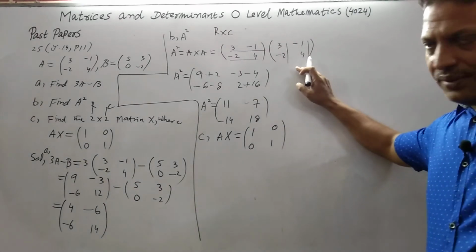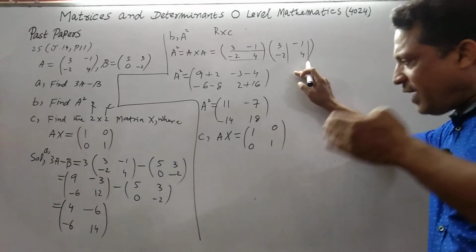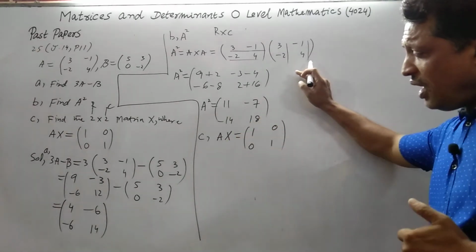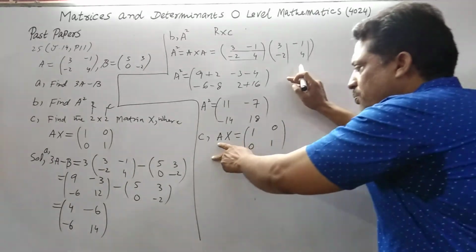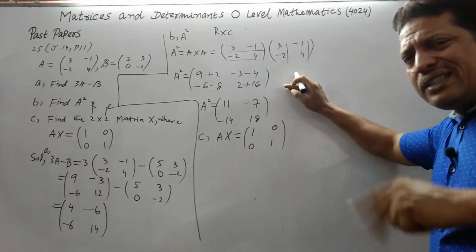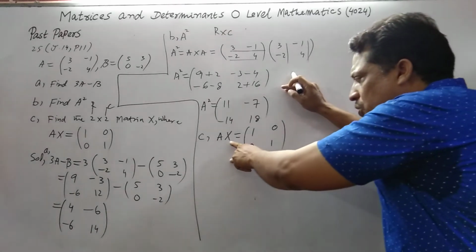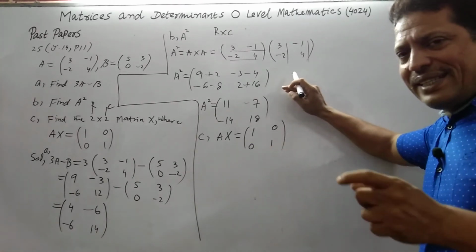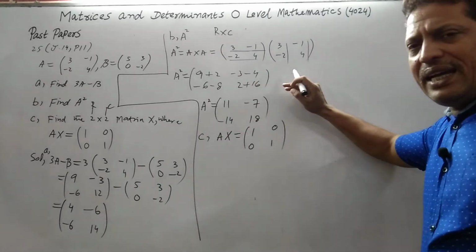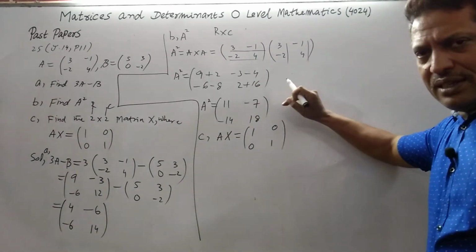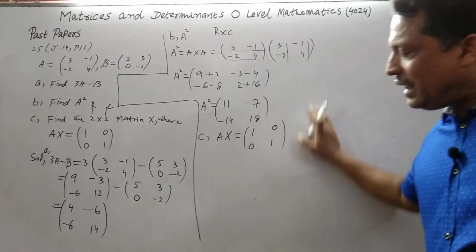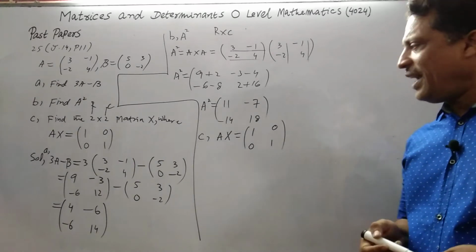Very easy question. There are 3 ways to find the matrix X. First is to move this A on other side, it will become A inverse. The second way, to let matrix X is A, B, C, D, and then multiply A by X, and then apply the equality of the matrix property. But the third way is very easy. Why?